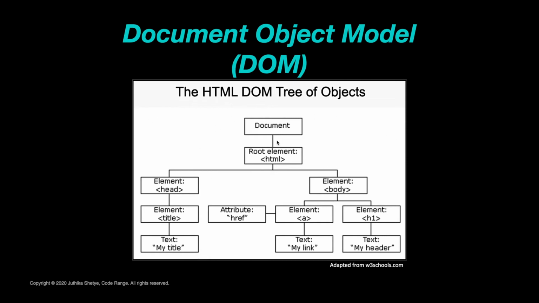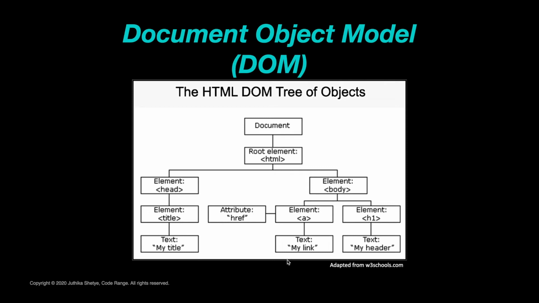A tree which has a root, some other parts and nodes. And the DOM represents the HTML document in a particular fixed order of hierarchy so that scripting languages like JavaScript can access and modify the style and content of the web page. Well, you don't need to worry much about the DOM right now. It's just to tell you about this tree-like structure of HTML that we are seeing here.